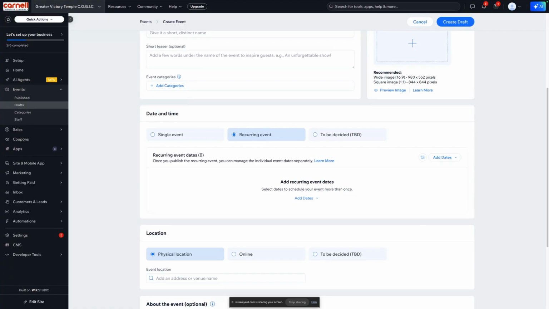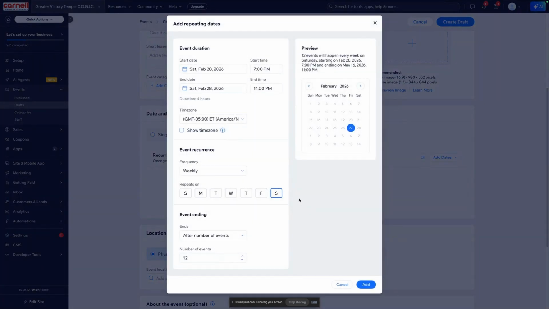To add a recurring event to your event, say if your event happens every Wednesday or every Friday or every Saturday or every Sunday, any day of the week, you can add that event right here. One thing to note is that once you create this event with your repeating days or specific days, your